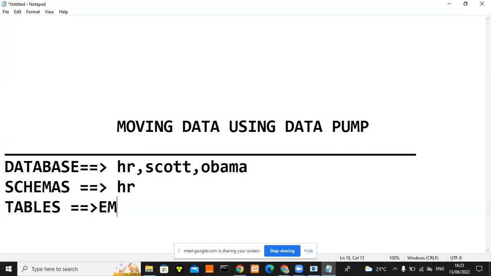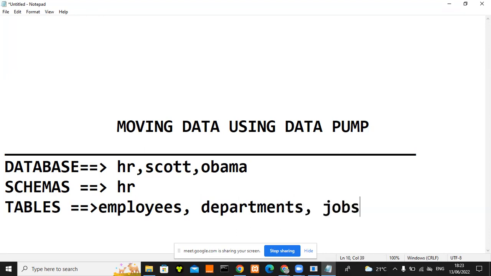So you can decide that you are targeting only the employees table, the departments table, and probably the jobs table. So here it means that out of the 7 or 8,